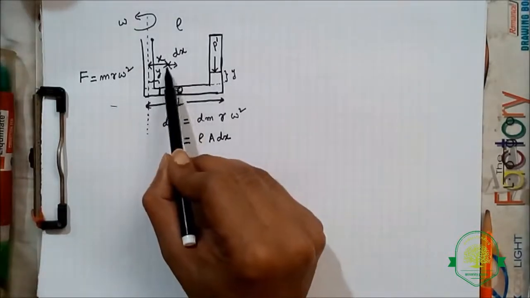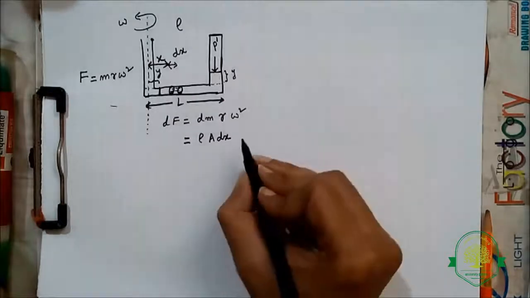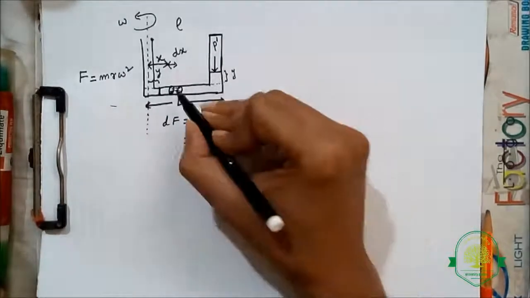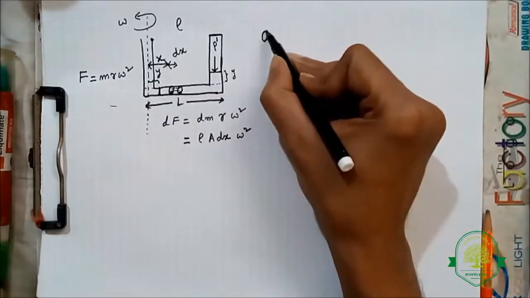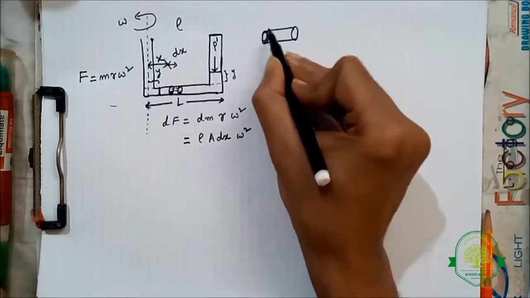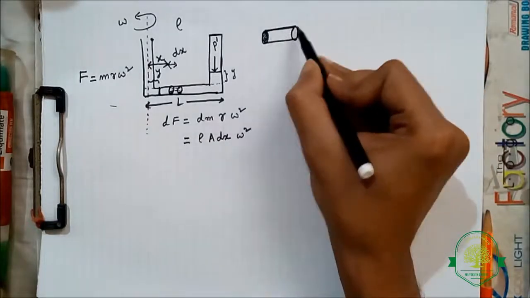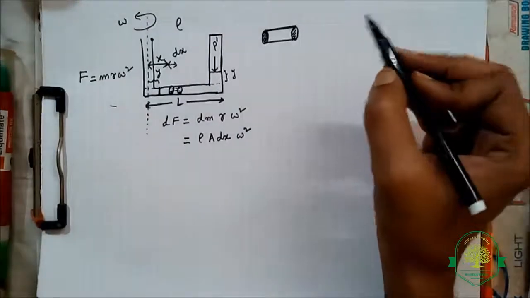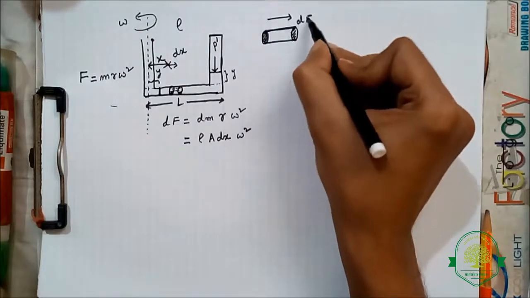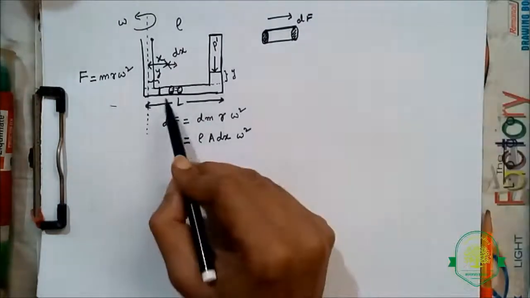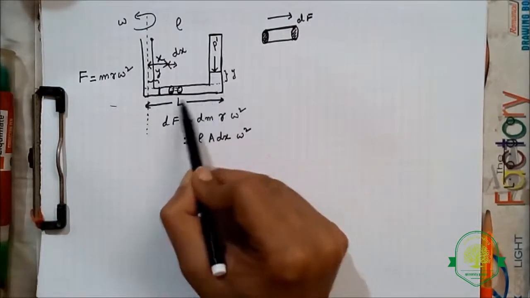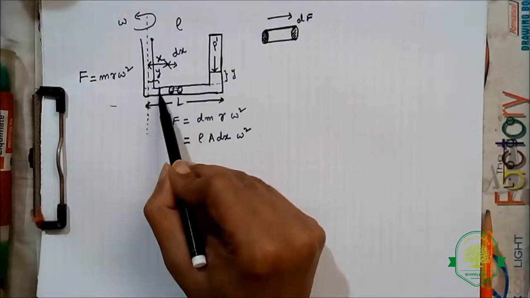dx being a small increment along x times omega squared. If I draw the small element of liquid separately here, we can say, or we know, that centrifugal force dF acts from that side. But once the entire column of liquid has attained this particular shape, that is, this end is at a distance